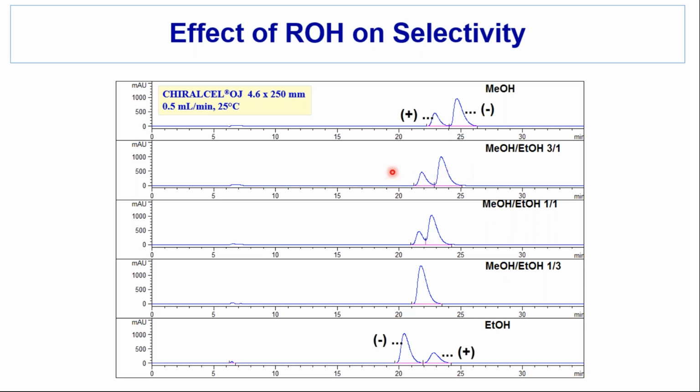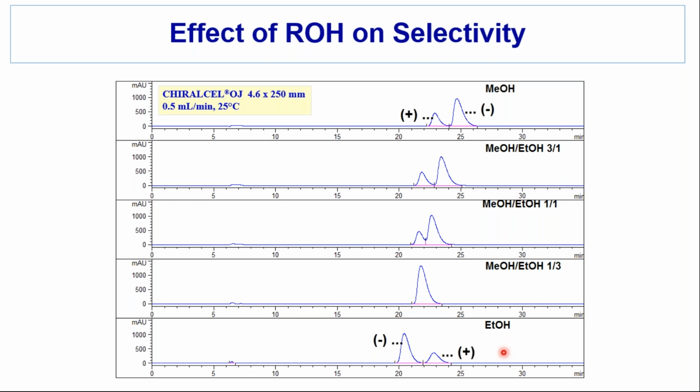I got an improvement in separation, putting more methanol in the mobile phase. It looked like they co-eluted with more ethanol or less methanol in the mobile phase. So I thought, well, we probably just ought to try 100% methanol. That's probably going to give a pretty good separation. I wasn't thrilled with the tailing peaks, but it was probably adequate for this analysis.